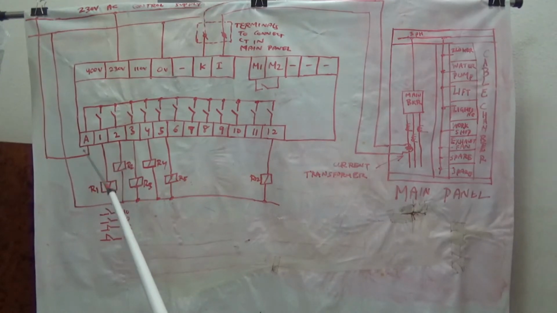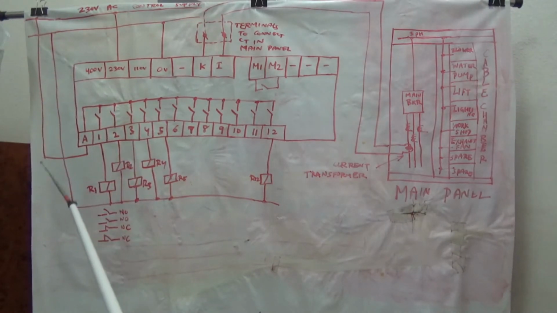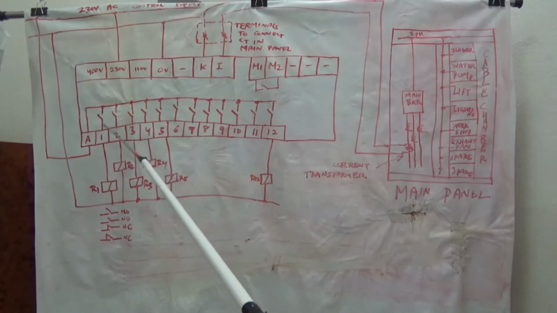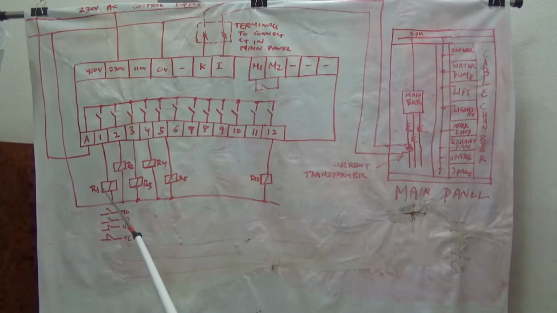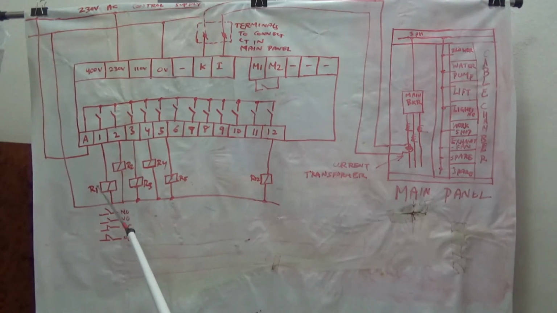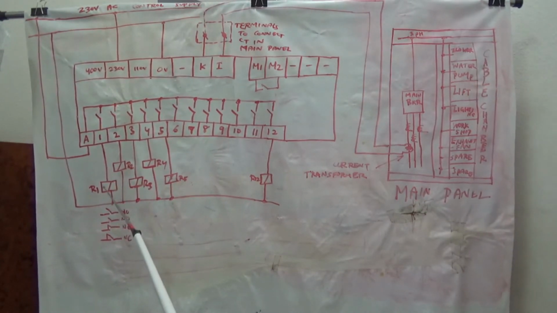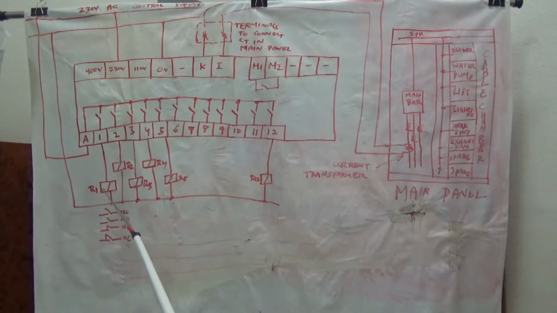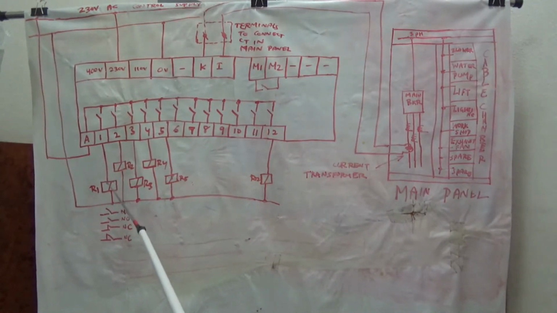Here this point A is for the supply, coming from here because the current should pass through the contact and come to this relay or contactor. In some cases, if the contactor size is small, it directly feeds the contactors. If the contactors are big size or there are more contactors, like in our case we have 3 contactors in parallel,